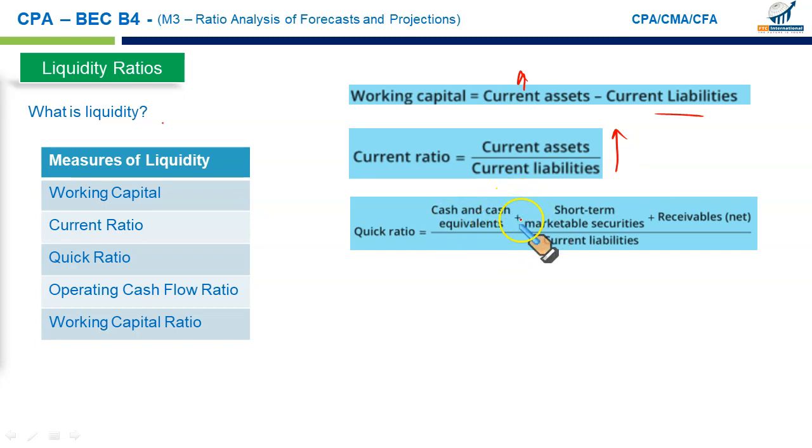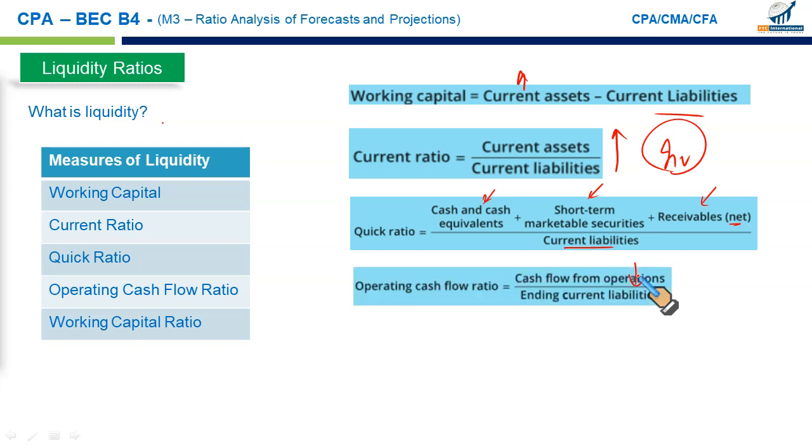Quick ratio is a comparatively conservative ratio because inventory and prepayments normally are not easily convertible to cash. So if you remove inventory and prepayments, what you are left with is cash and cash equivalents, short-term marketable securities, and receivables net of any allowance for uncollectible accounts. So this is comparatively a conservative ratio, removes the impact of inventory and prepayments. Resultantly, if plugging in the expected numbers results in a higher quick ratio, that is better for the company. But if the ratio is lower, that again means the business will have trouble making the payments for its accounts payable or the other accruals.